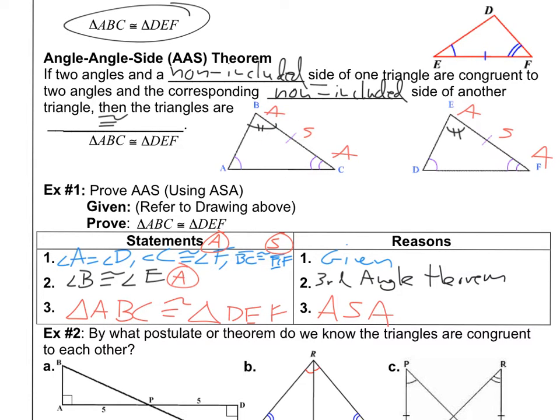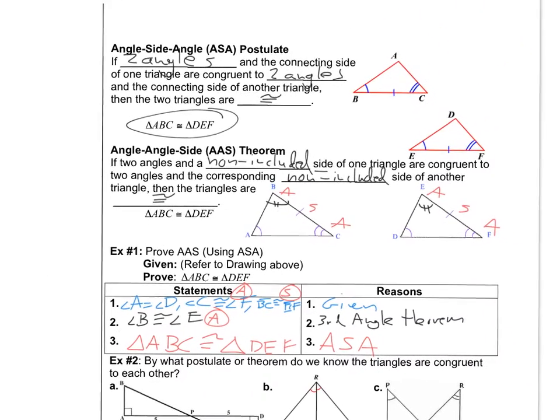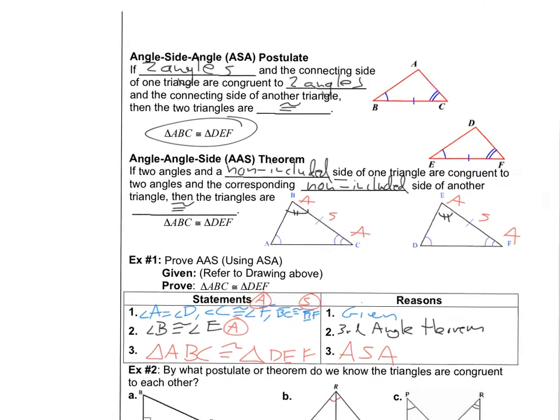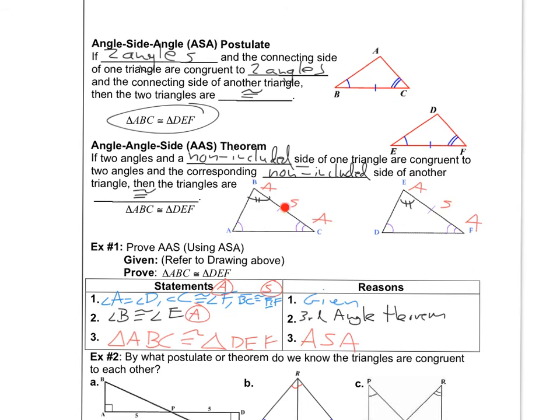Something important to note here is that it gets a little confusing, whether it's ASA or AAS or whatever. If you were confused on how to name it, the basic trick here is that you just pick one side to start with. So for example, let's start here. And if I have to skip a side and an angle, I'm going in the wrong direction. So if I started with this as an angle,